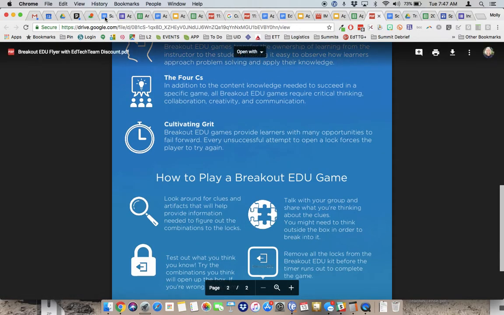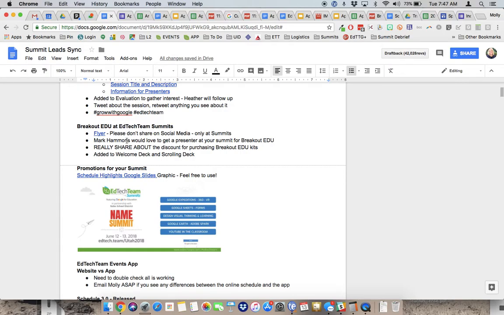So you'll probably be contacted by Mark Hammonds or James in touch with either sessions at your summit. They're going to try to get at least 4 to 8 sessions at your summit. No stipend required. And then what they might also start doing is asking if it would be okay, or if there's availability, to run a pre-summit